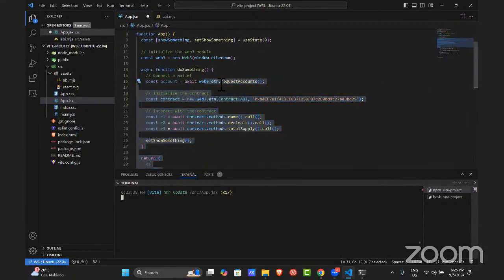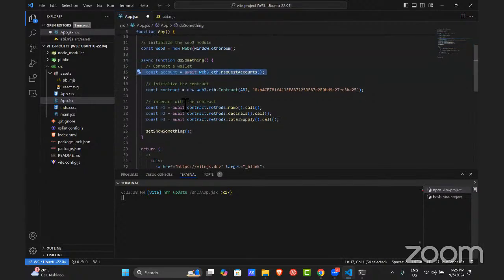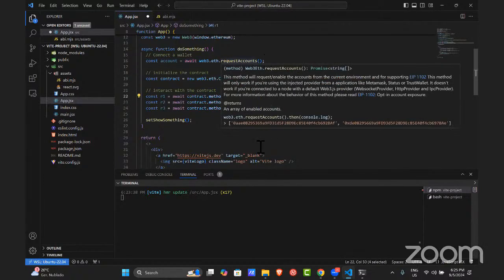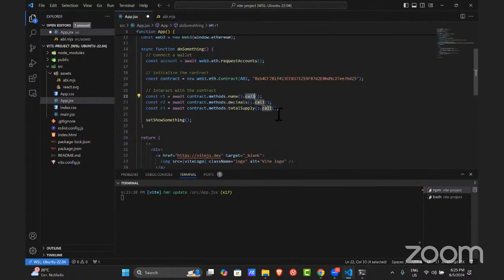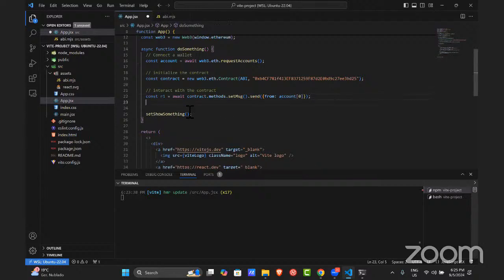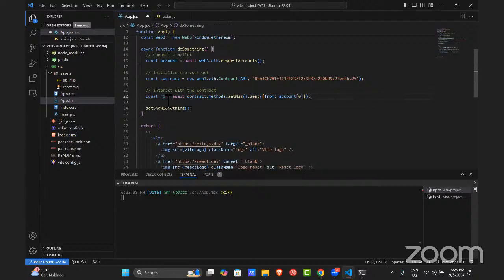Here we are asking the user to connect an account. And then here, instead of putting .call, you need to type .send. Just remove this. So contract.methods.setMessage, and then .send. And then here we just create an object specifying who is sending this transaction, in this case, the account in the index 0, which is this one. And then this will return the transaction hash